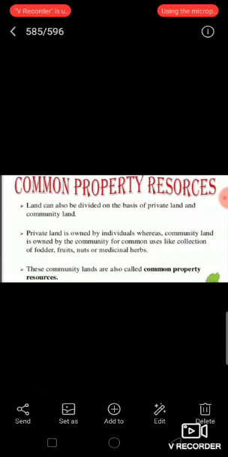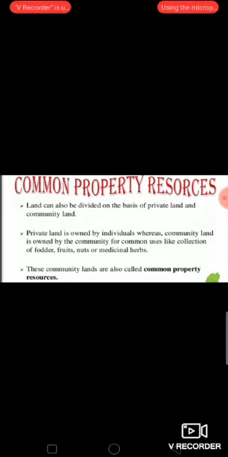Now, classification of land resources. On the basis of ownership, land is classified into two types. First, private land. Second, community land. Private land is owned and used by an individual only for personal purposes, while community land is owned and used by the community for collective purposes, such as for storage of fruits, vegetables, and food grains. Community lands are also known as